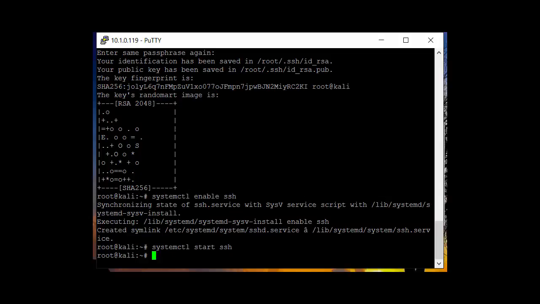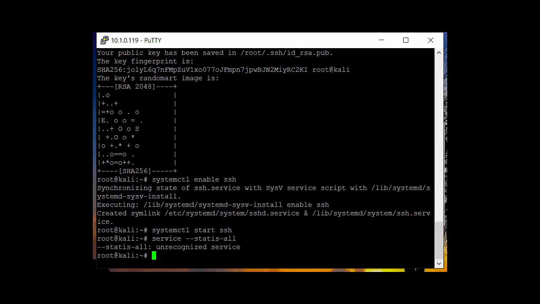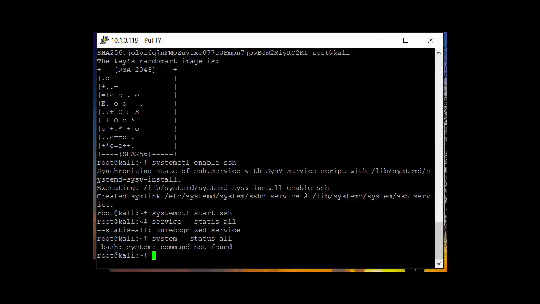And if I wanted to, I could also type in service status all, and this will show me all services. Let me try that again. Got to spell system correctly. Status all, and this will show me all of the services started. Oh, what did I miss there? Oops, I said system. How about service